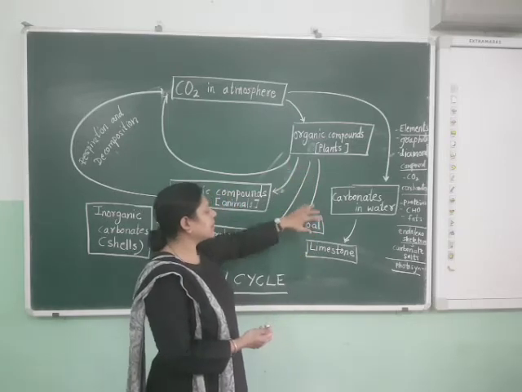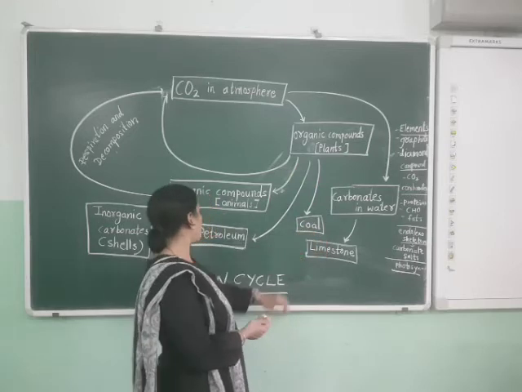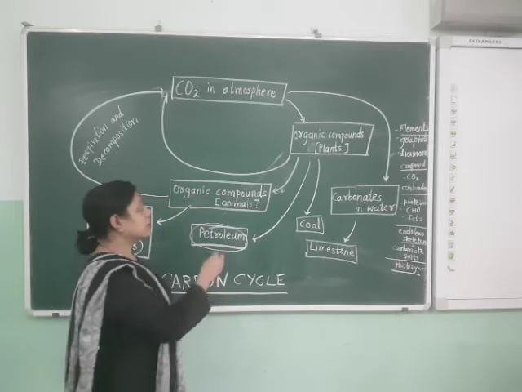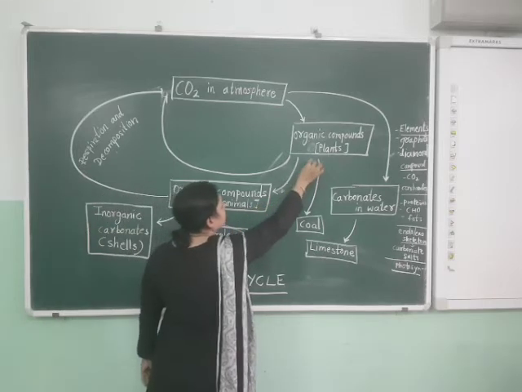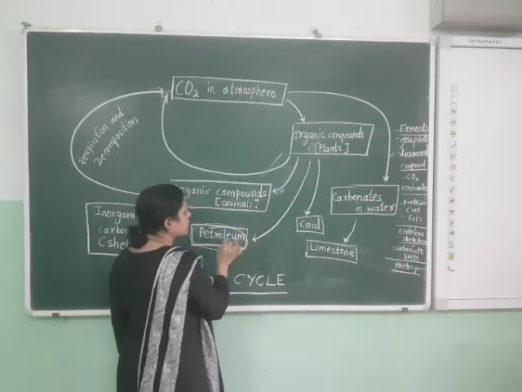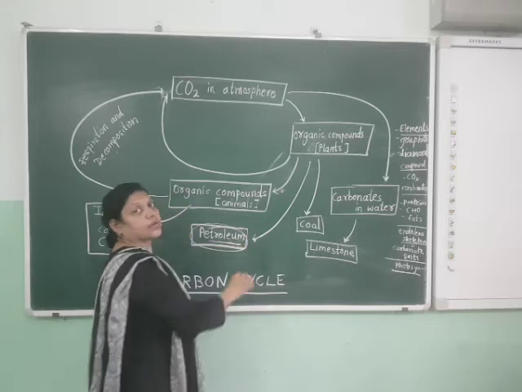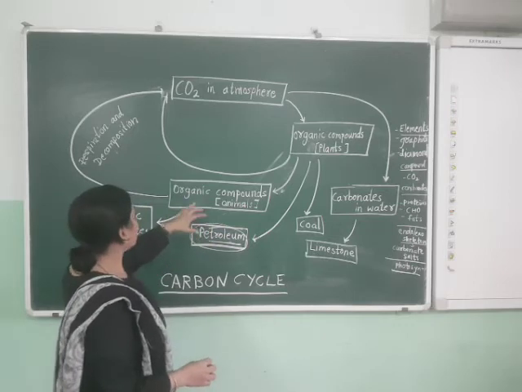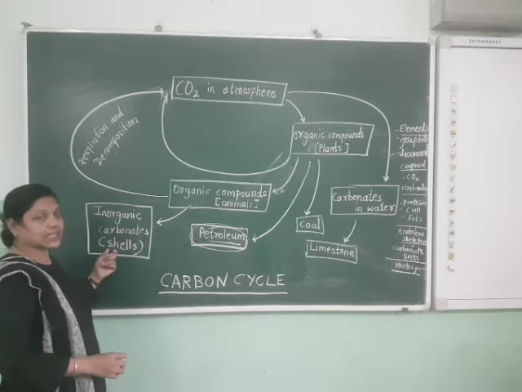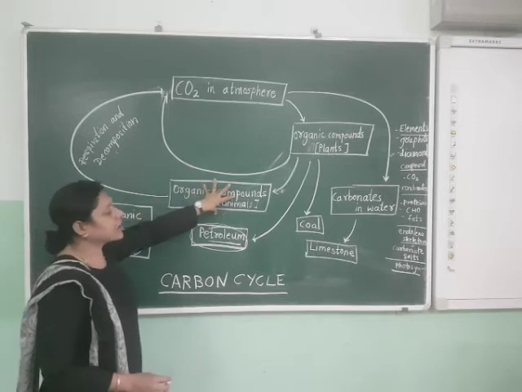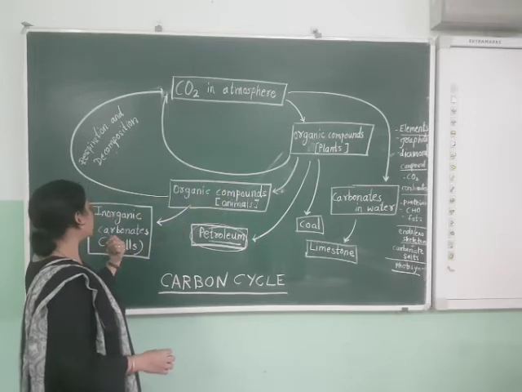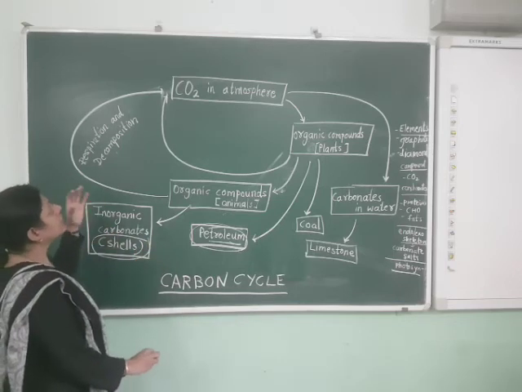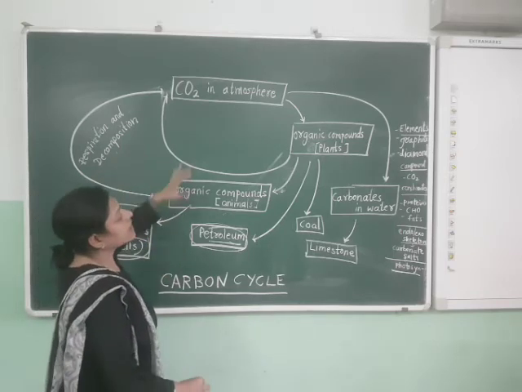So, during burning, what happens? Coal is formed. Even during combustion, when it burns, it is also stored, or used for making petroleum or petroleum products. Even in the formation of shells, the organic compounds of animals help in the production of the shells. So, this is how the carbon dioxide which is found in the